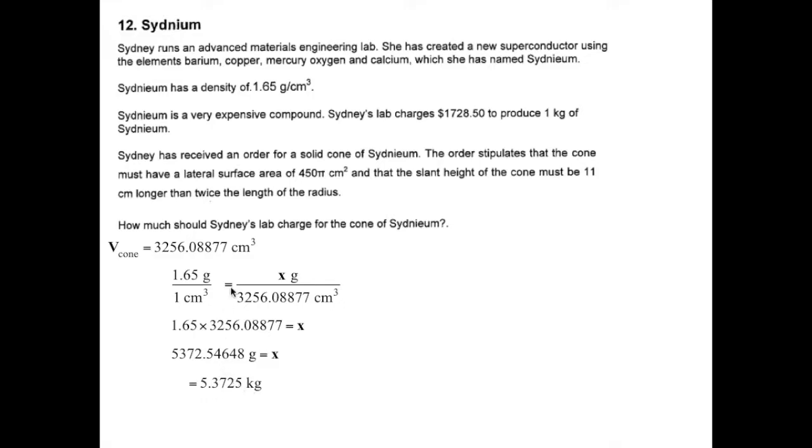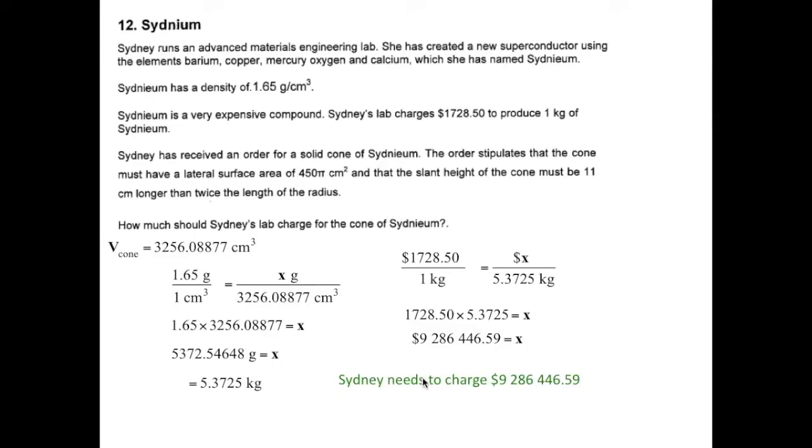Each kilogram is worth that much. So I'm going to multiply the 5.3725 times the 1,728.50, or I could use a proportion. This is the cost per 1 kilogram. Cost per 1 kilogram is equal to what cost? How much? Out of 5.3725 kilograms. Cross multiply, and so you end up multiplying the kilograms times that value anyway, which gives us $9,286,446.59. So Sydney's lab needs to charge